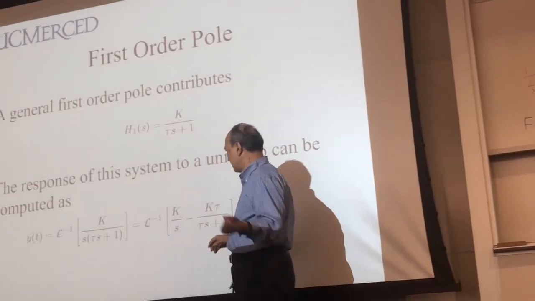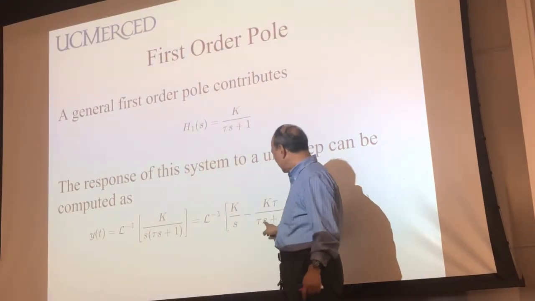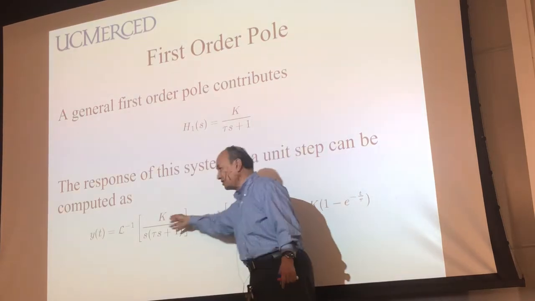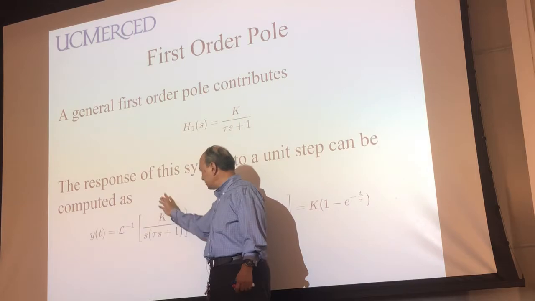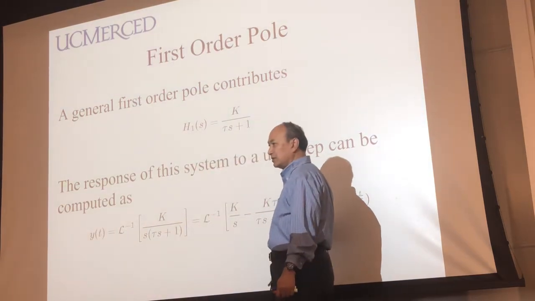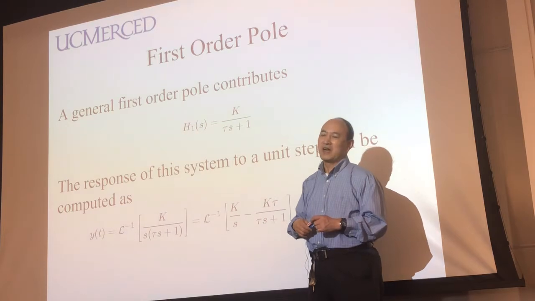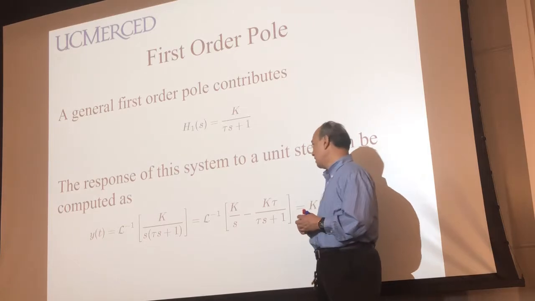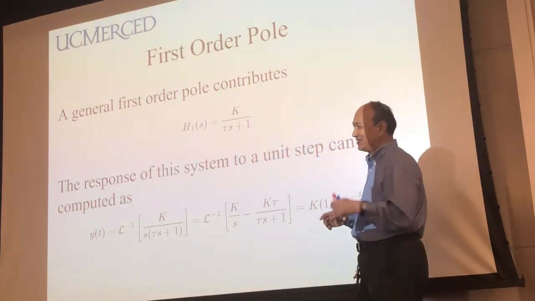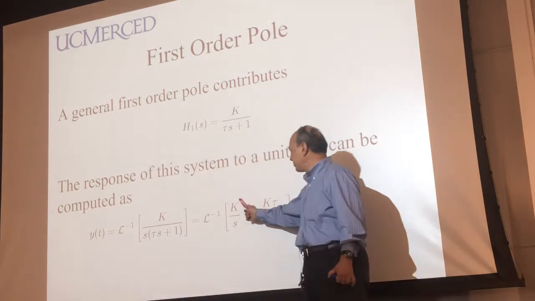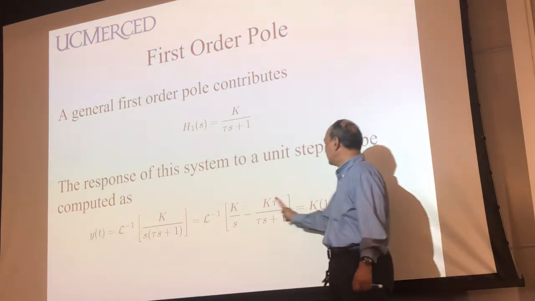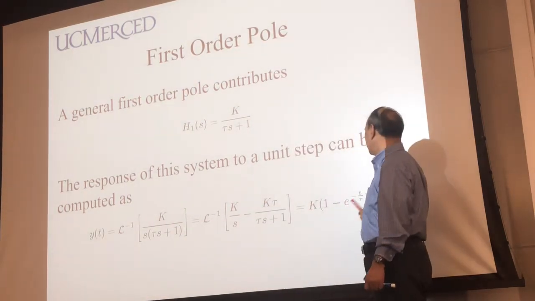So how can I come up with this coefficient? You can try and error, you do your own trick. Fine, you can check. Then this cancels out, and just k is left. To bring this product form into a summation form is called partial fraction expansion. Do you know how to do it? Okay. I'll teach you in a moment. Then you use a lookup table. You put it here, so you get k, you can pull out the k in front, 1 minus e to the minus t over tau.